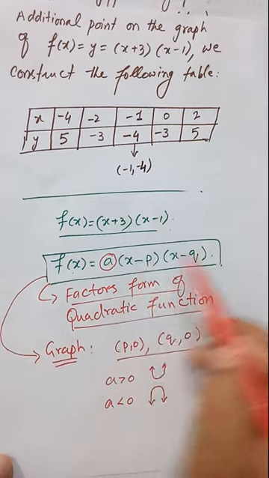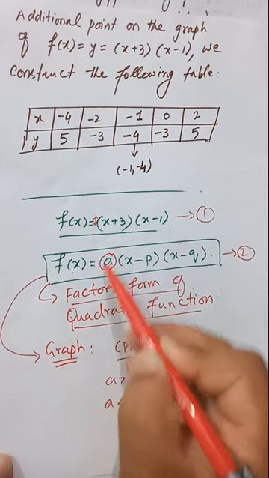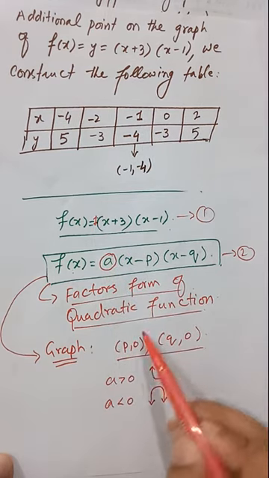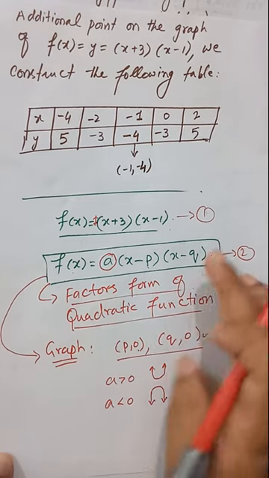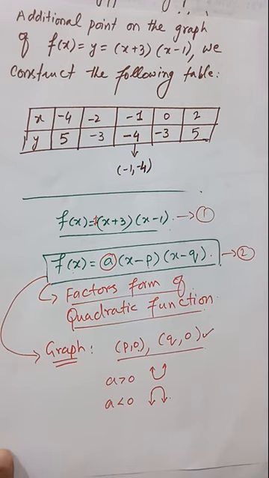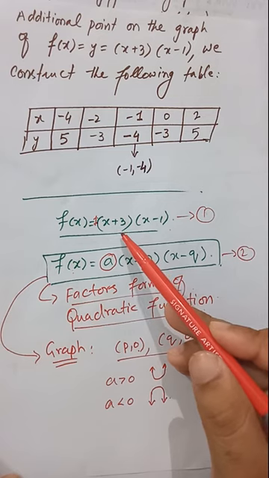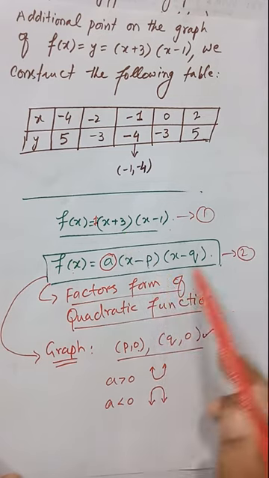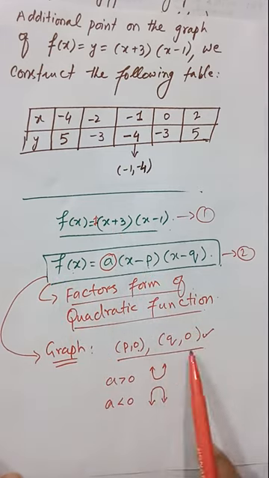So here when I compare this equation, let's say this is 1 and let's say this is 2, I clearly get the value of a is 1, so the branches will open upward. These are your x-intercepts. So (p, 0) and (q, 0) are your x-intercepts. Remember this point. So when you compare the given quadratic function in factor form with this general factor form, you easily get the x-intercepts, meaning the points from which the graph passes the x-axis, and for the y-intercept, meaning where the graph passes the y-axis,